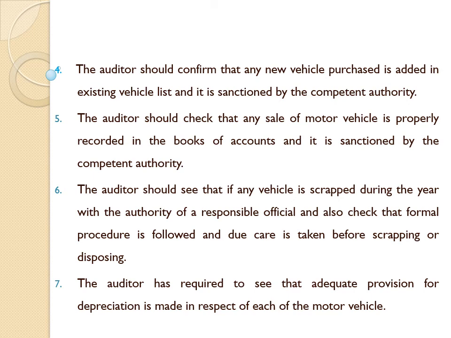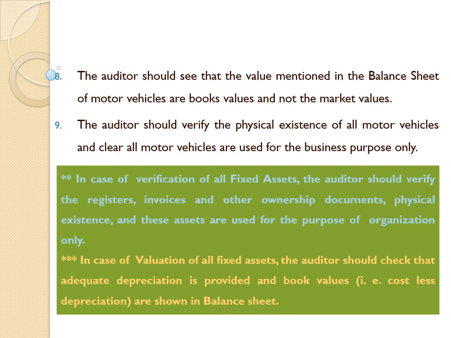The auditor is required to see that adequate provision for depreciation is made in respect of each of the motor vehicle. There are different kinds of motor vehicles like motor truck, motor buses, motor lorries, cars, two-wheelers, three-wheelers, like this. So there is a need to calculate depreciation on each vehicle according to provisions laid down in the Act as well as by considering income tax authorities